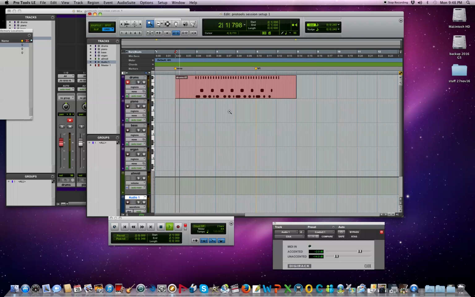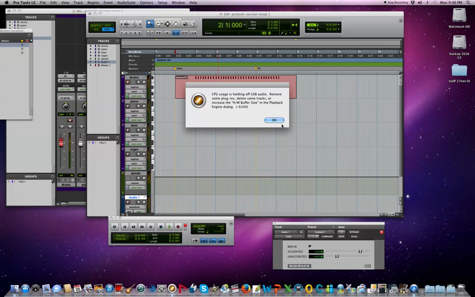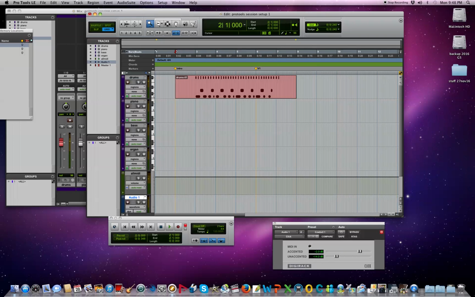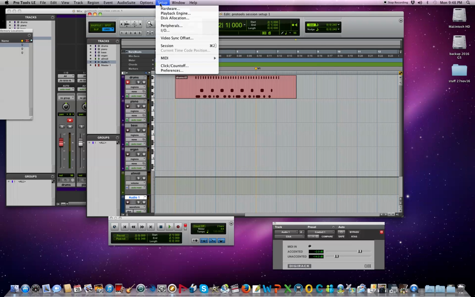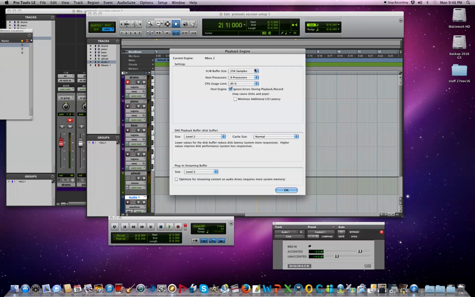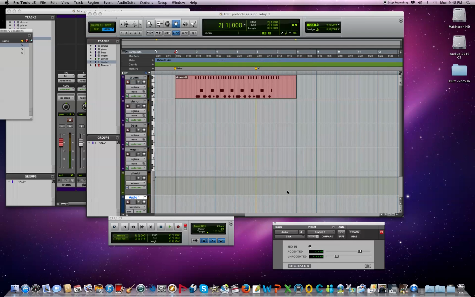Okay, so I'll play that back. Oh, don't worry about that. So if it says the buffer size is too small or too big, you go to your setup window to playback engine, and it should, well, I'm not really using that much processing, so I don't even know why it said that. I might even take it to 128. Okay, so if I play this,